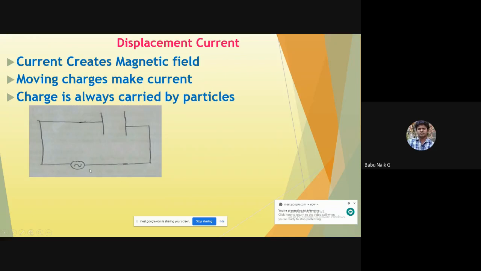Now we know that once the supply is on, a current flows through the circuit completely. When current flows through the circuit, a magnetic field is produced around the conductor. That is the definition we generally know. So once the current is carried, there will be a magnetic field. So how did he prove that the magnetic field moves around the conductor carrying the current?